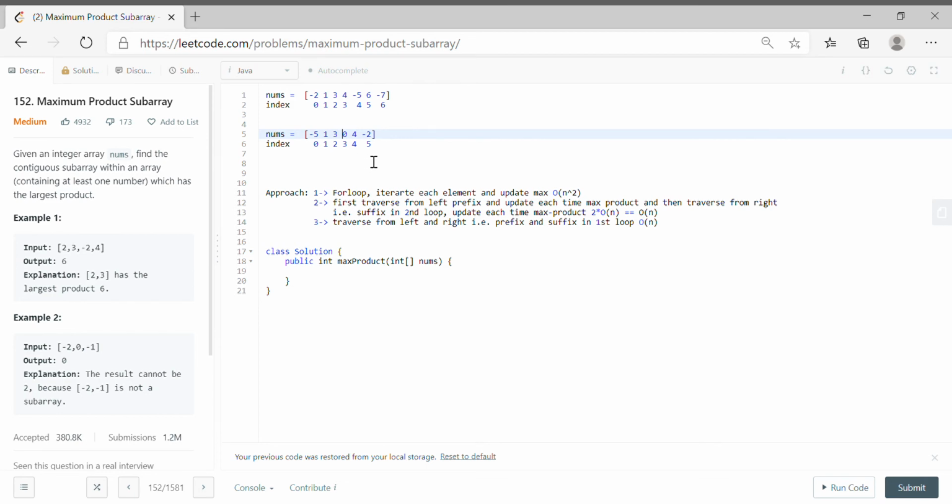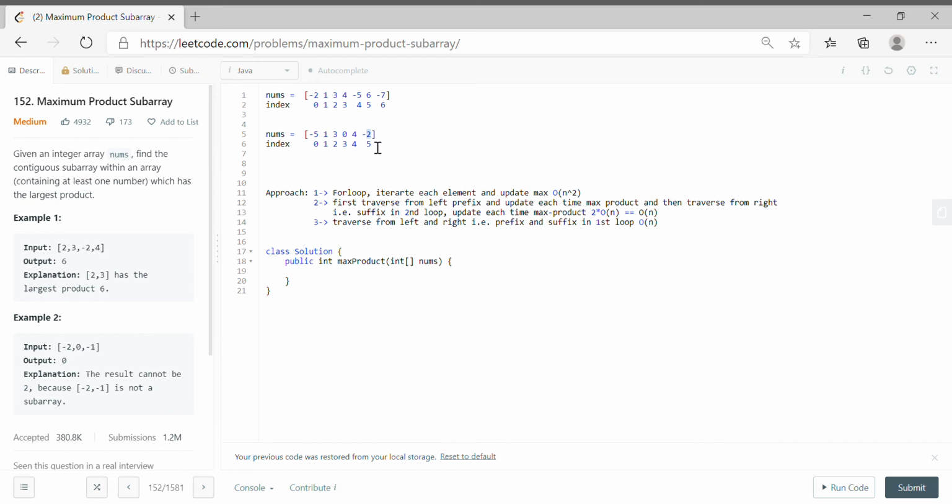And why are we doing these things? Let's suppose that for the prefix it has a -5 and the suffix has a -2, so we assume that if both of them are minus, then at the end when we multiply minus by minus we'll get a positive, right?